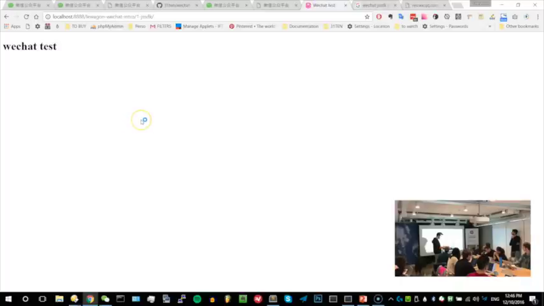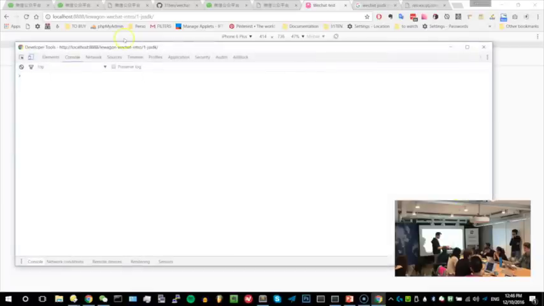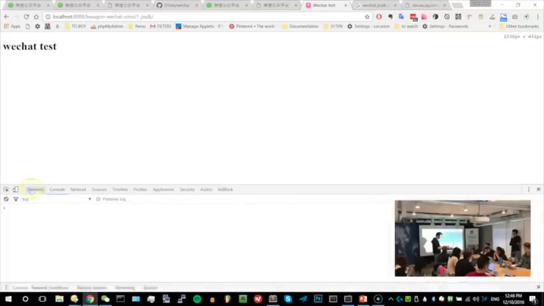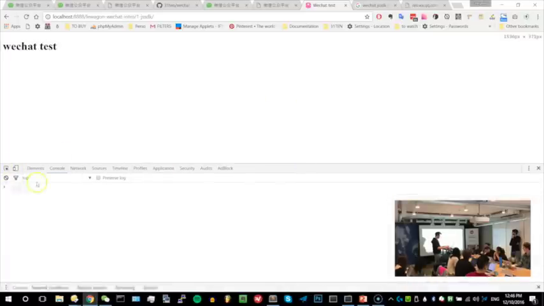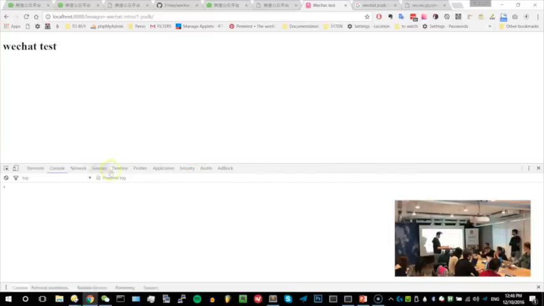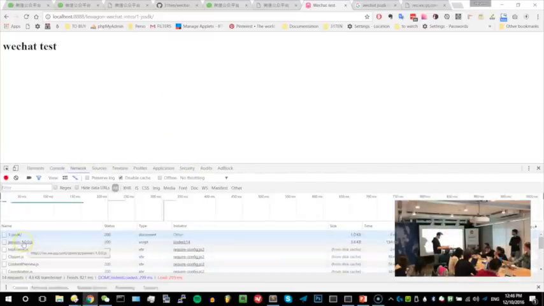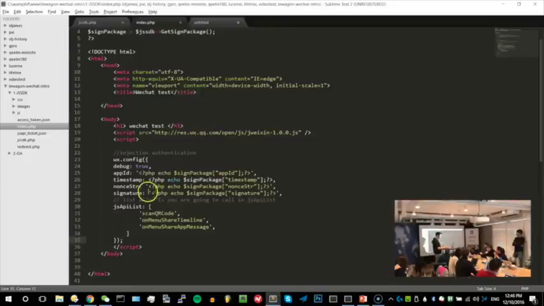It's here. Okay, so we enter inside the WeChat console. It's F12, the developer tools. Do that. No, I don't want to do that. Okay. And I'm gonna do a website view. So we just check the console to see if there are any errors. The console allows us to get that information. There are no errors, so it looks like everything is loaded correctly. Let's see on network. Yeah, it's loading our script here, so that's good. So everything is working fine.